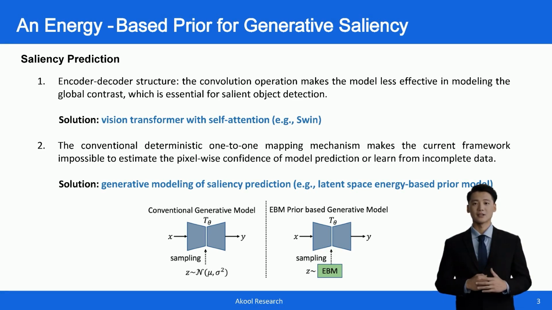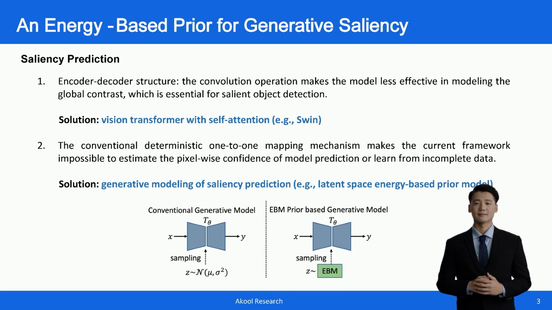To solve the first issue, this work uses a vision transformer to replace the encoder-decoder. Transformer has achieved great success in natural language processing. Transformer has obtained great interest in the computer vision community to adapt these models for vision tasks, such as classification, object detection, and image segmentation. For example, SWIN presents a hierarchical transformer with a shifted windowing scheme to achieve an efficient transformer network with high-resolution images